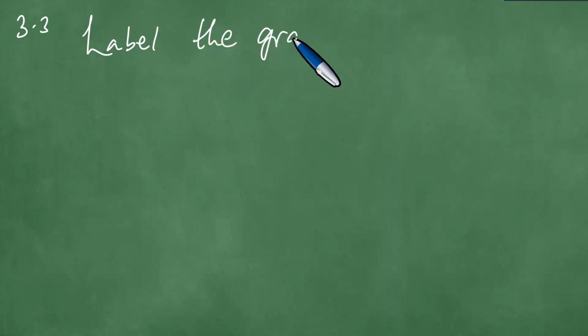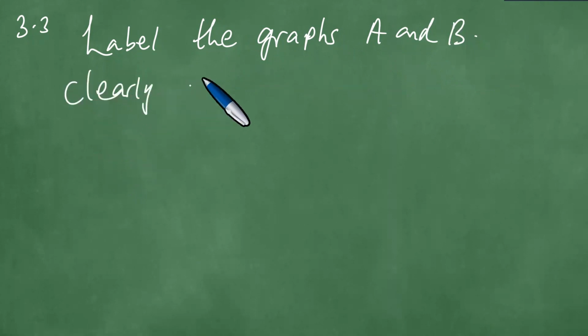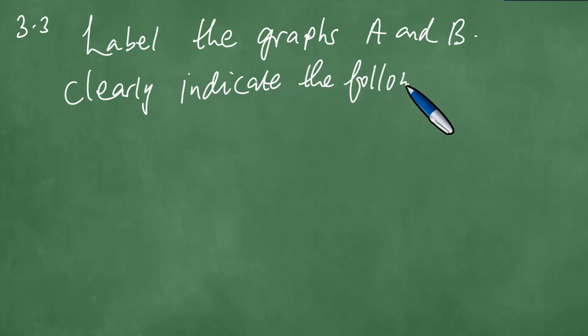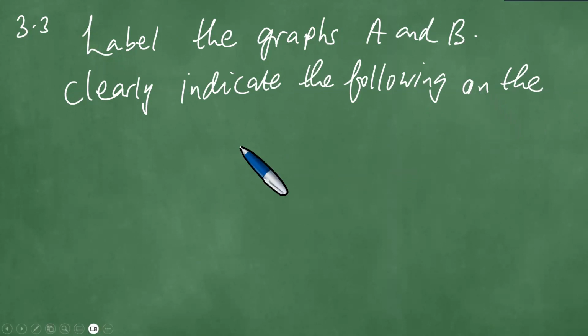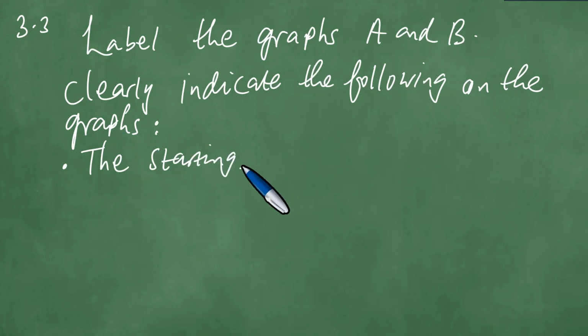In 3.3, label the graphs A and B. Clearly indicate the following on the graphs: the starting time for each ball,